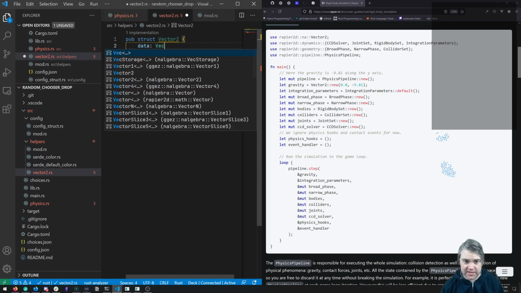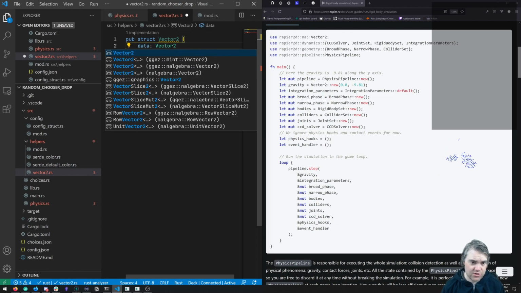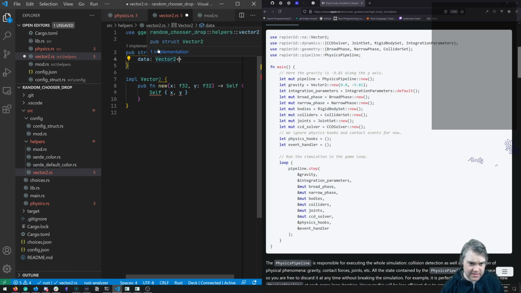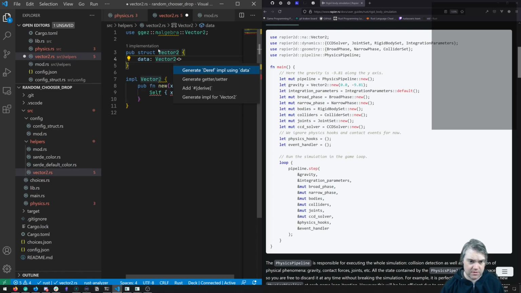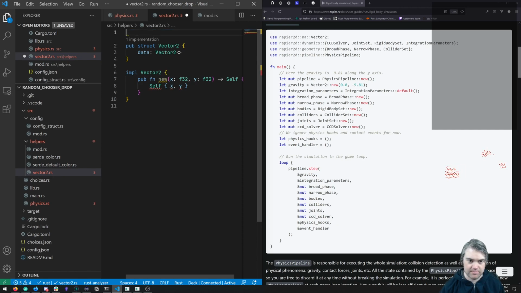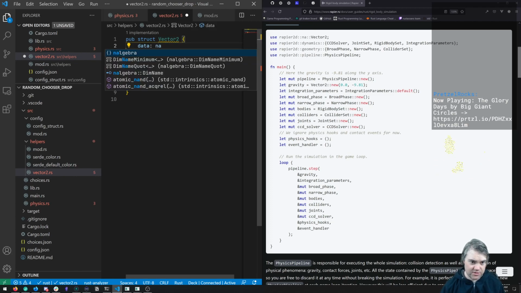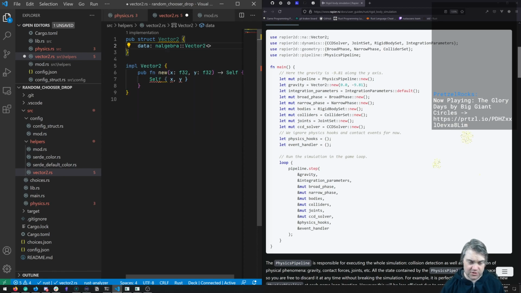Our data, however, here is going to be a vector 2 from nalgebra. That's a really bad idea. We need you to use, oh, I was kind of hoping it would, no, don't use a GGZ one. That's silly. This is going to be a nalgebra vector 2, f32 is inside. That's all I really care about. So then in here, we take in an x and a y, and we're going to return a self data